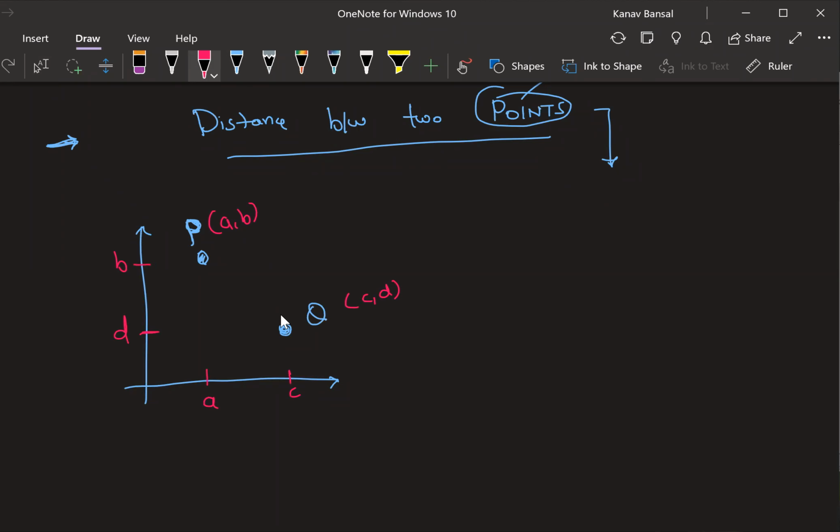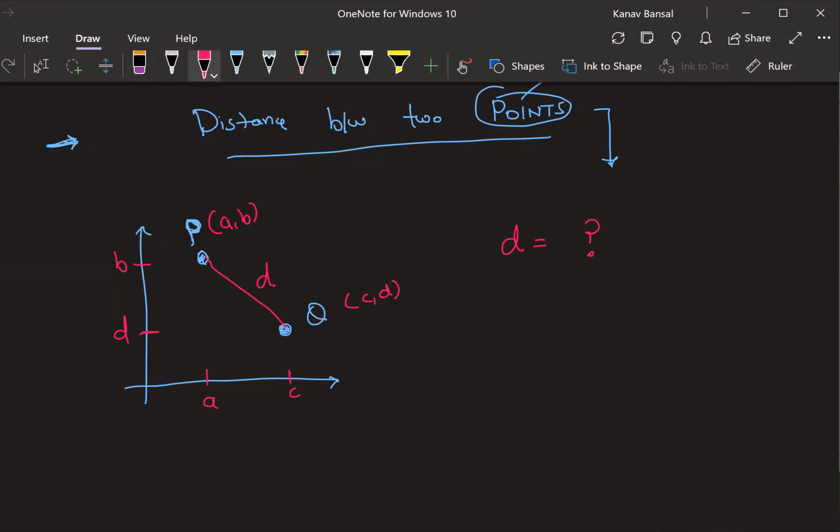So if I want to calculate the distance between 2 points, I hope now everyone understands that this straight line is nothing but representing the distance, right? It should be this straight line. Yes or no? Everyone agrees with this? Now, what is the distance? What is this distance between these 2 points? What is this D equal to? Can anyone think of it?